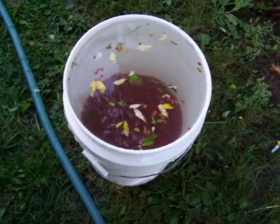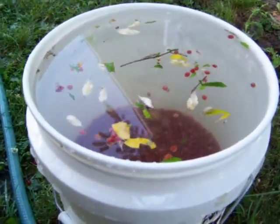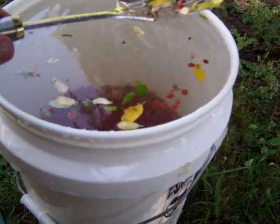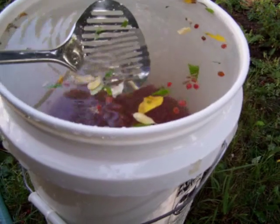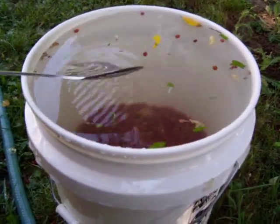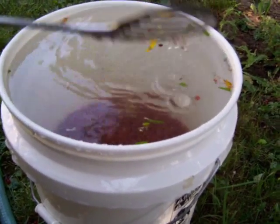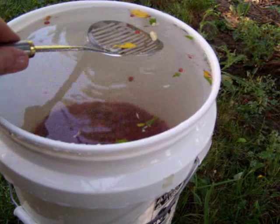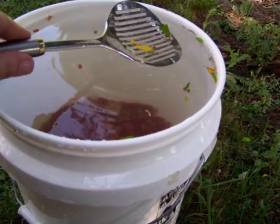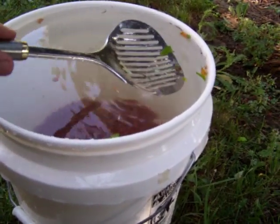I got my autumn olives home and was trying to think of a way to wash them to get all these bits of leaves and bugs and branches out of them quickly, hopefully. So I just took all the olives and put them in this 5-gallon food safe bucket that was clean,